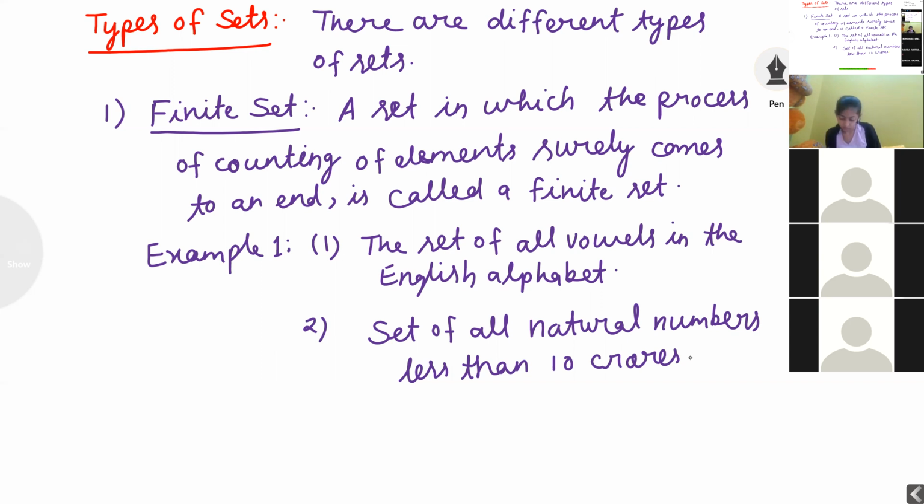I have given a condition here: set of all natural numbers less than 10 crores. If I just give the set of all natural numbers, then we can't count. Here I have given the condition less than 10 crores, that's why we can count. That's why this is called a finite set.